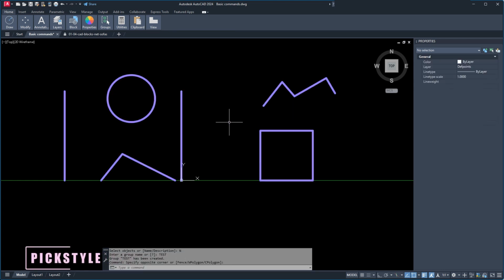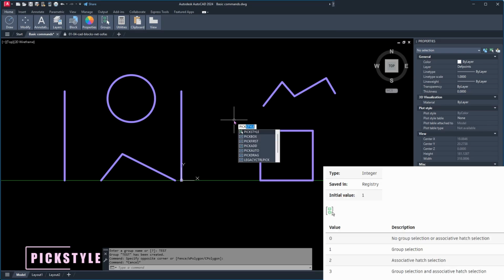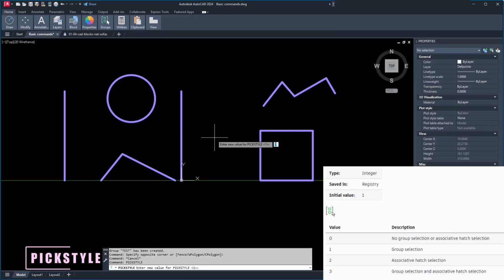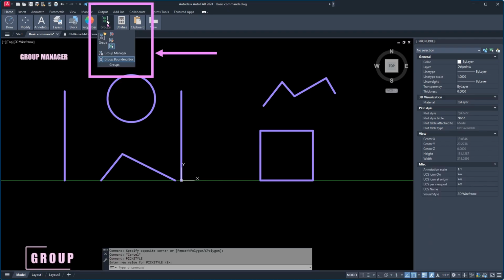Now, an important setting for working with groups is PICKSTYLE. This controls how AutoCAD selects groups. On the screen you can see the cheat sheet for PICKSTYLE. I recommend leaving it at 1. To find or manage your groups later, you can either type group again or go to Home, Groups panel and